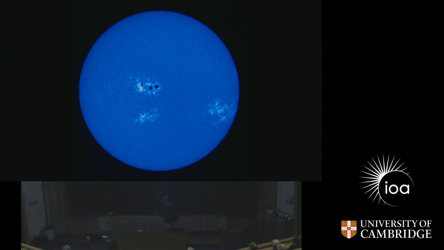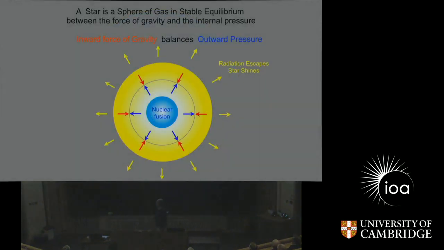Here's a picture of the sun. The sun is just a sphere of gas in what we call hydrostatic equilibrium. And what has happened is, as the gas cloud collapses, the potential energy is turned into kinetic energy. That is, the temperature of the gas rises, and that creates a pressure that resists the squeezing of gravity. But because there is a raised temperature, photons are emitted, so the gas cools, allowing the gravity to go on,